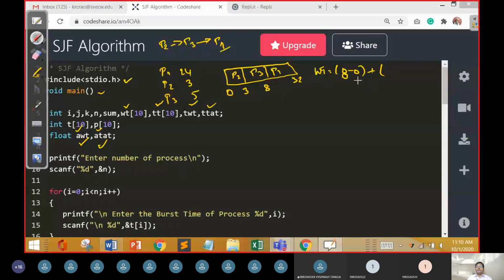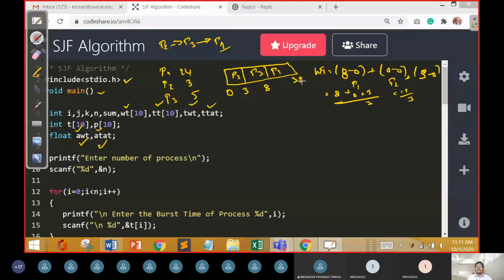So we get 8 plus 0 plus 3 divided by 3, that is 11 by 3 milliseconds as the waiting time.